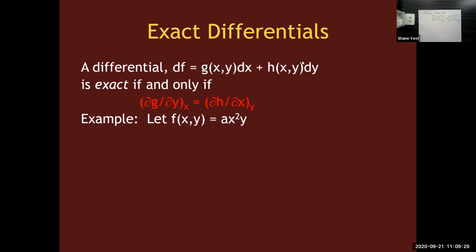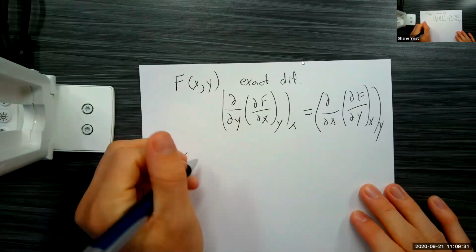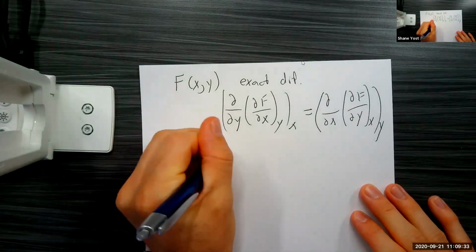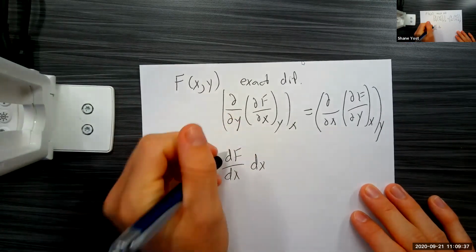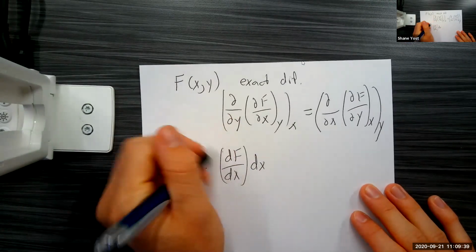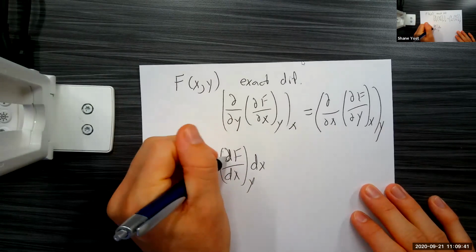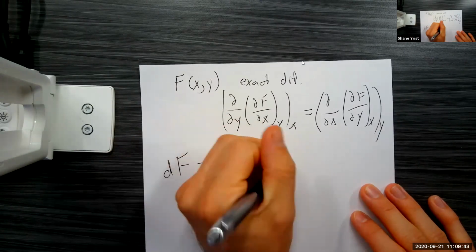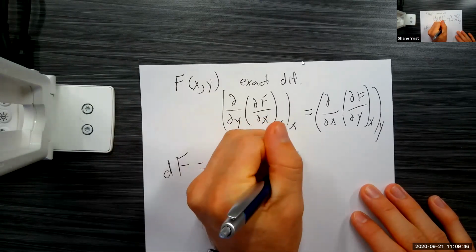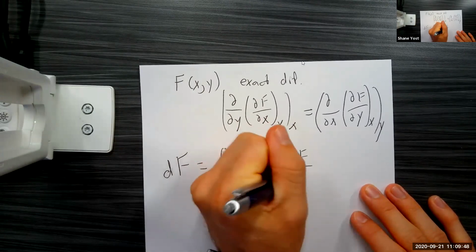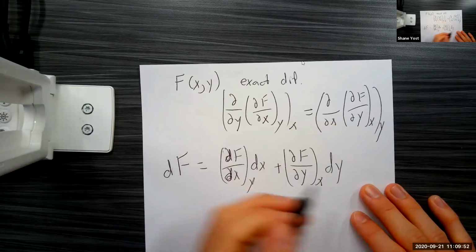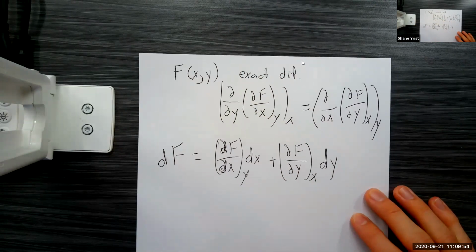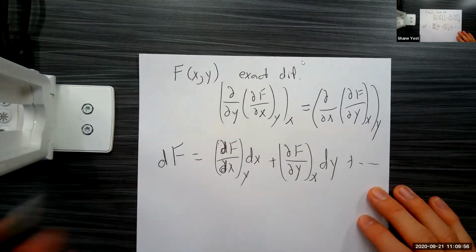Some small change in f is related to how f changes with x, times some small change in x. Technically these are partial derivatives, but who really cares. Times some small change in y, times a change in y, and so on and so forth as you add more variables.